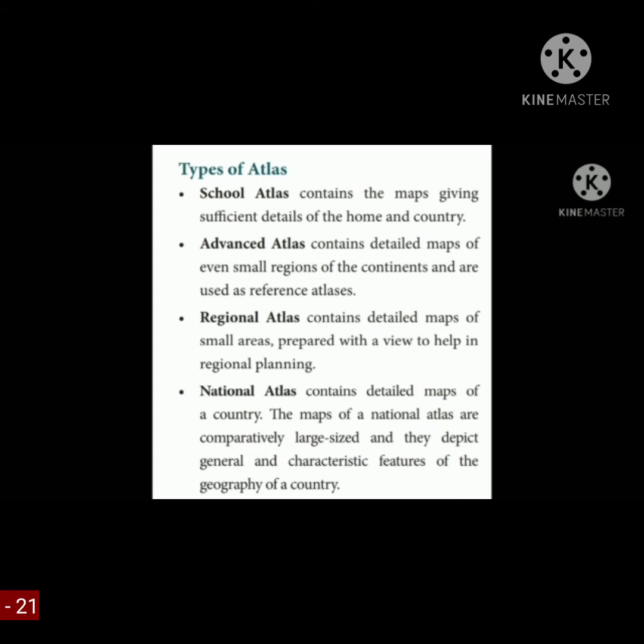Advanced atlas contains detailed maps of even small regions of the continents and is used as a reference atlas. Regional atlas contains detailed maps of small areas prepared with a view to help in regional planning. National atlas contains detailed maps of a country.